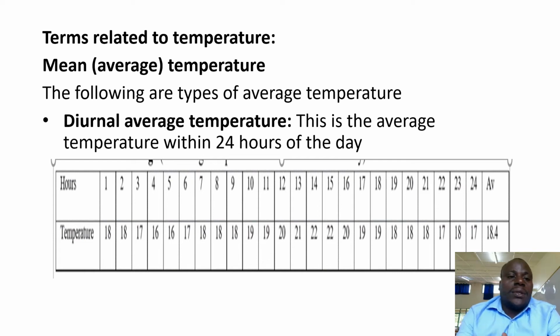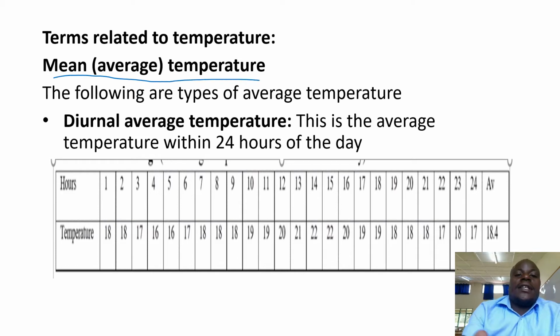Class, this is lesson 4 about air temperature, and it summarizes terms used under temperature. For example, number 1, we have mean, average temperature, mean temperature. Remember, we have different types of average,